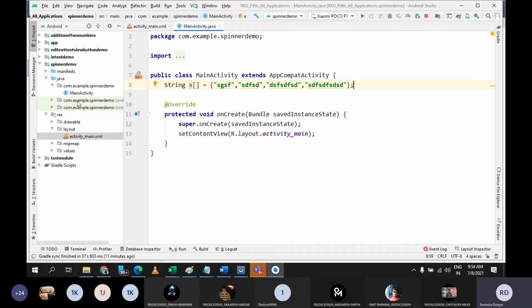So in this activity we are going to create an adapter using which you can connect your string array with the UI component. Whatever UI component you are using, it can be a spinner, a list view, a custom spinner, or a custom list view, whatever you use. But to place your items inside that particular UI component, you need a bridge. And in this case, as a part of providing a bridge between your data source and UI components, we are going to use an adapter.